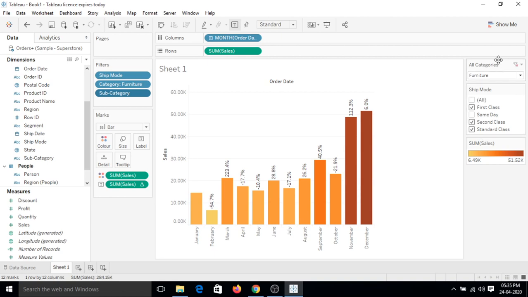So that's all for this video on the options for the filters. All these options are very important when you actually create a dashboard and present it to your management or maybe business people or the clients. So use these options effectively so that you gain a better understanding of your dashboard and to show them better